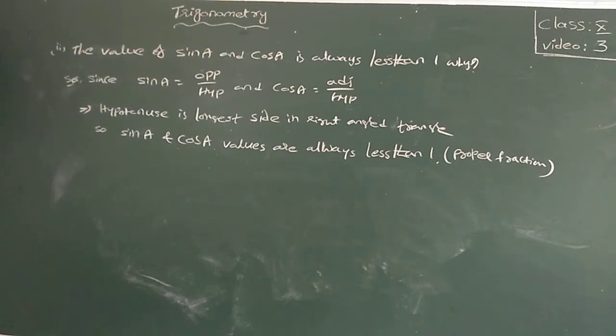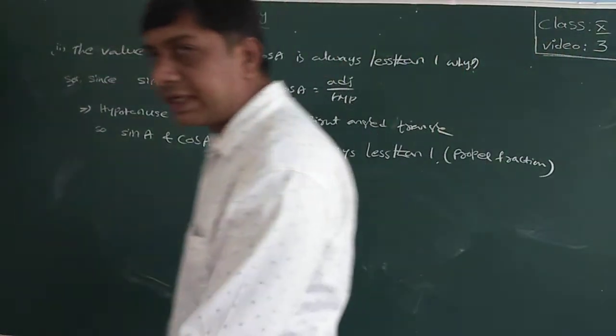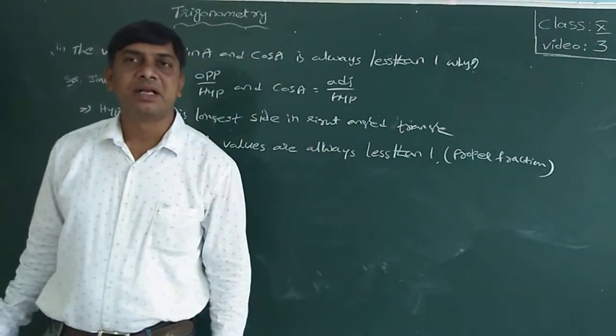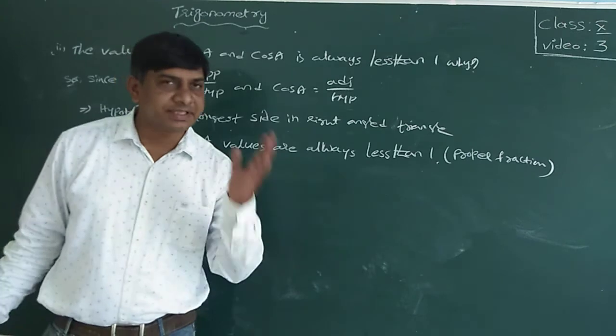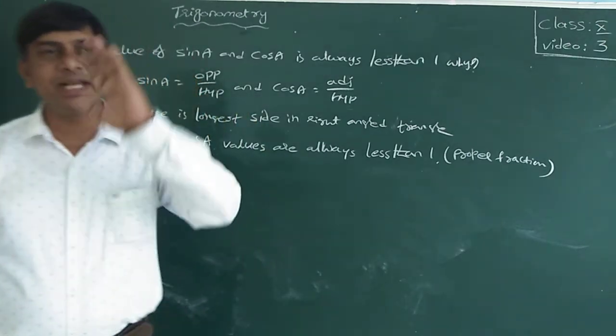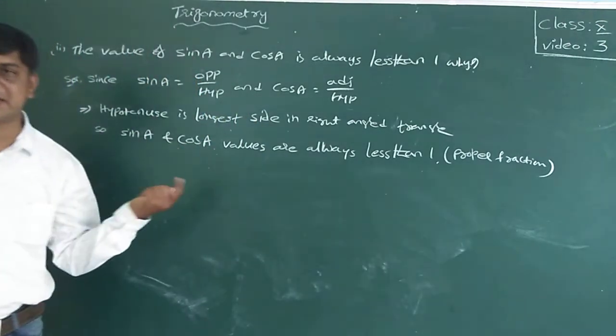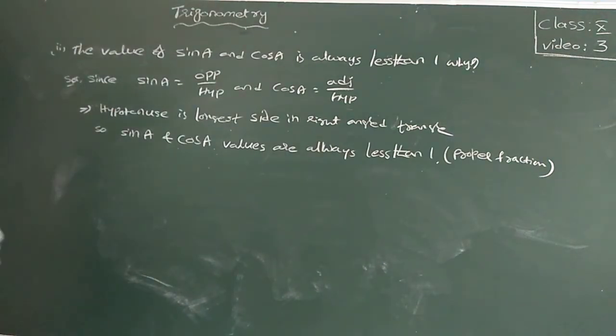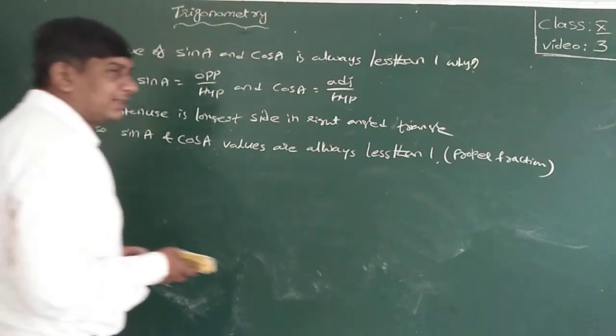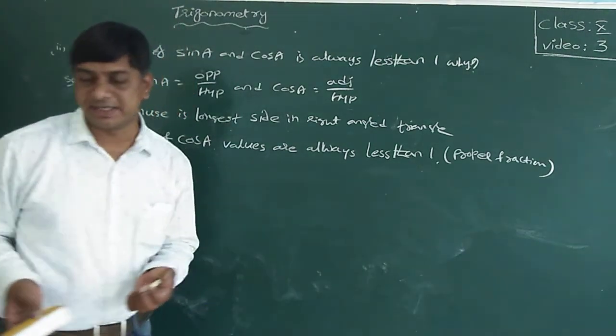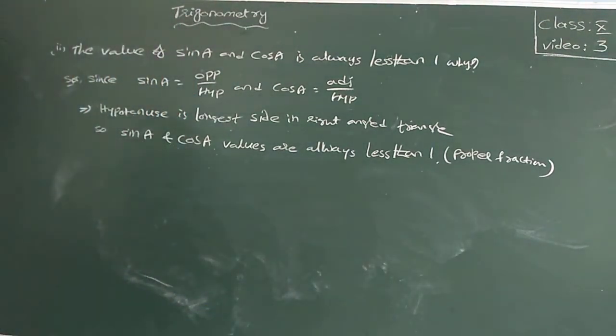Is tan A the product of tan and A? No. Tan A is a trigonometric function which is meaningful when the angle is joined. That means A is connected with tan. If the angle is not connected with the tan, then tan is just a word.